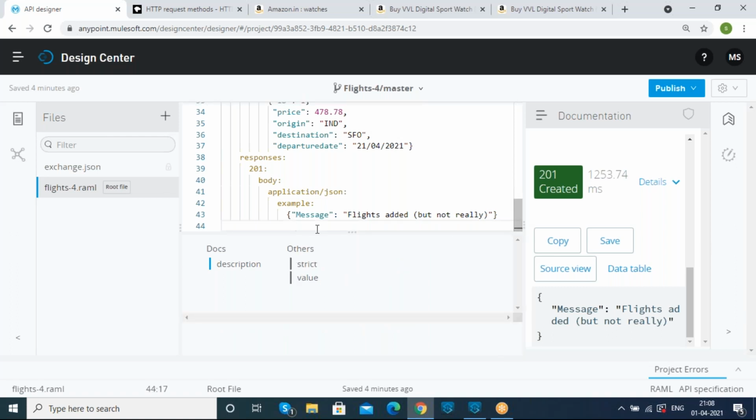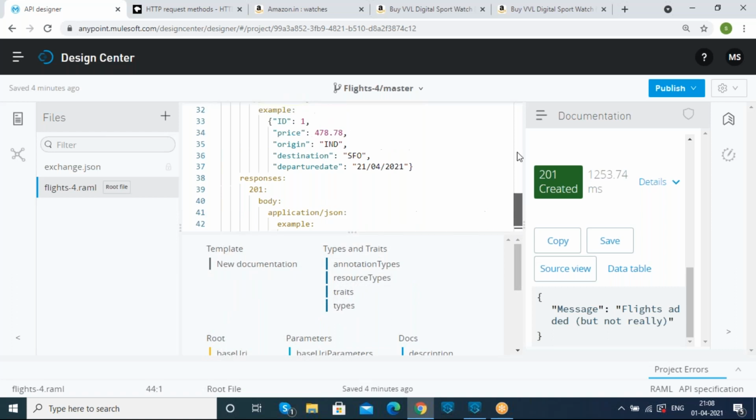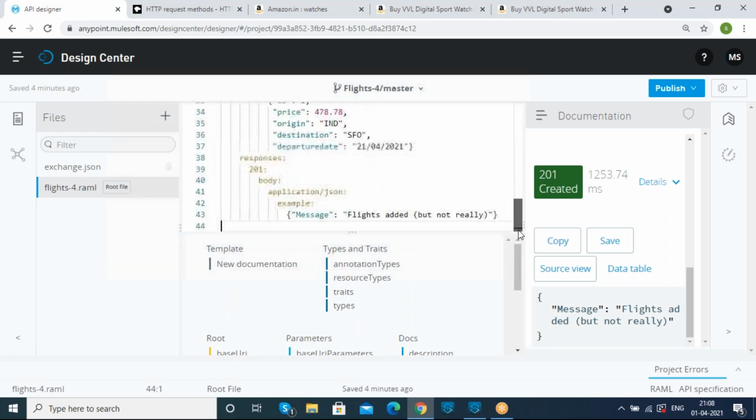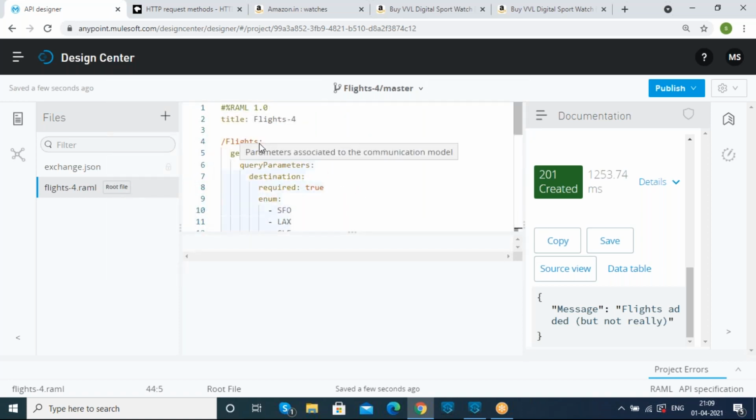Okay. So here, guys, already we had used the get method. So now I just want to retrieve the data based on the ID parameter. We cannot use a single method in one resource name at the same time. So I am typing slash and colon in order to create an ID resource name. And this ID resource name, I want to put in curly braces. So previously, when we had created the flights resource name, we had not applied any curly braces. Why are we applying the curly braces now?